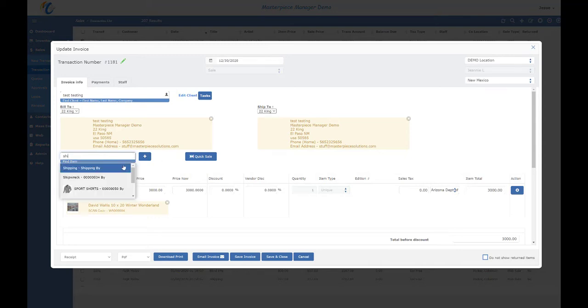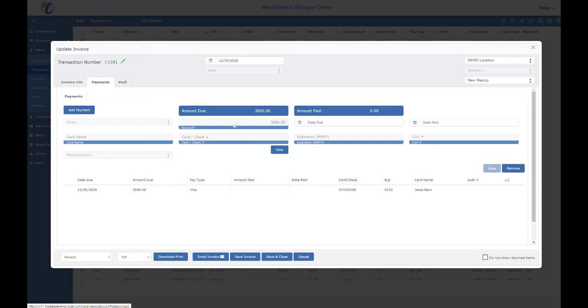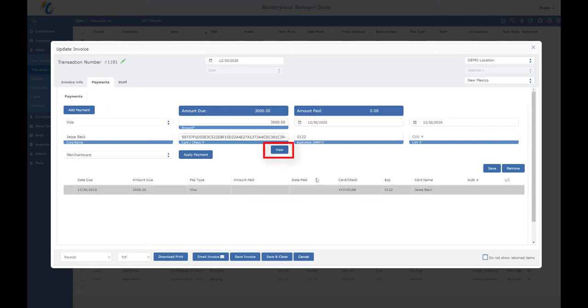On the Payments tab, click on the Payment row to view credit card information, which has been encrypted. If you have the proper permissions, you will see a View button that you can press to decrypt. This is important to note if you are using a separate credit card processing company that has not been integrated